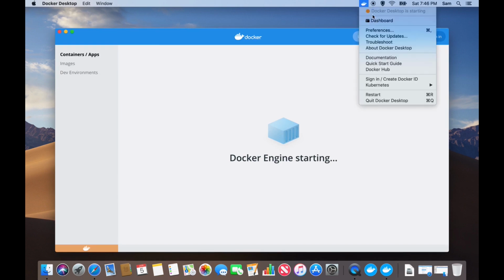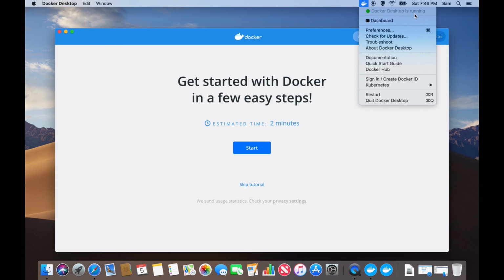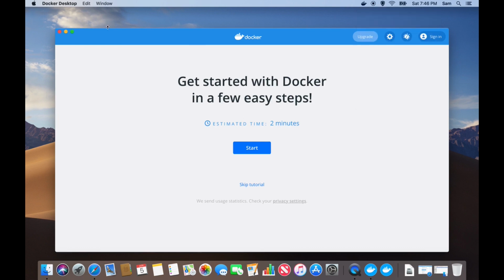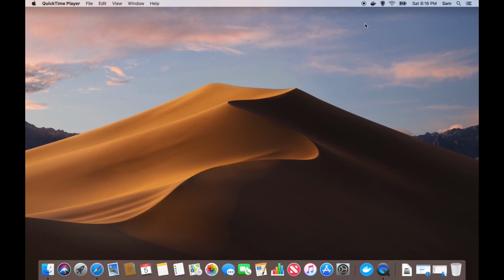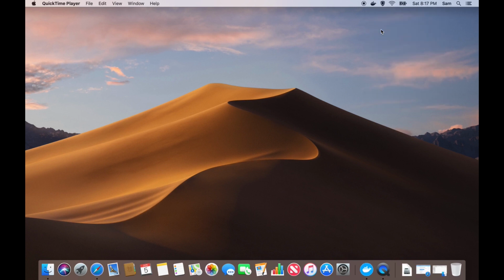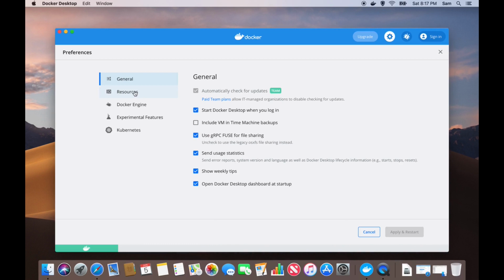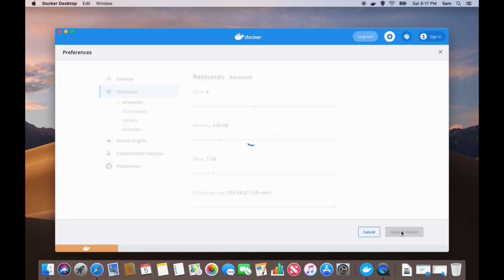And if you go to the top, you can see an icon and there you can see Docker Desktop is starting. So just wait for a while and you can see the Docker Desktop is running now. You can just minimize this one. Go to the Docker icon at the top and you can see the preferences. When you click the preferences, it will show you many options. Go to resources and there you are going to change the memory. You need to increase the memory to 4 GB. Once you increase, click apply and restart, and now you can see the Docker getting restarted.